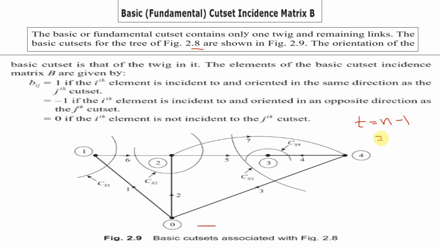So from the graph we find out that total nodes are 5. So 5 minus 1 is equal to 4. So we go serially. So we say that 1, 2, 3, 4 are the twigs. Okay. And in a cut set there is a condition: in one twig only one cut set